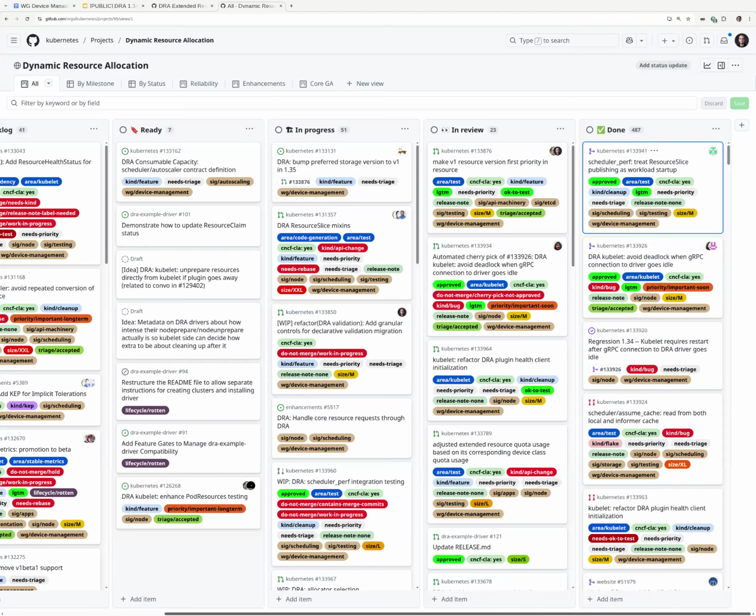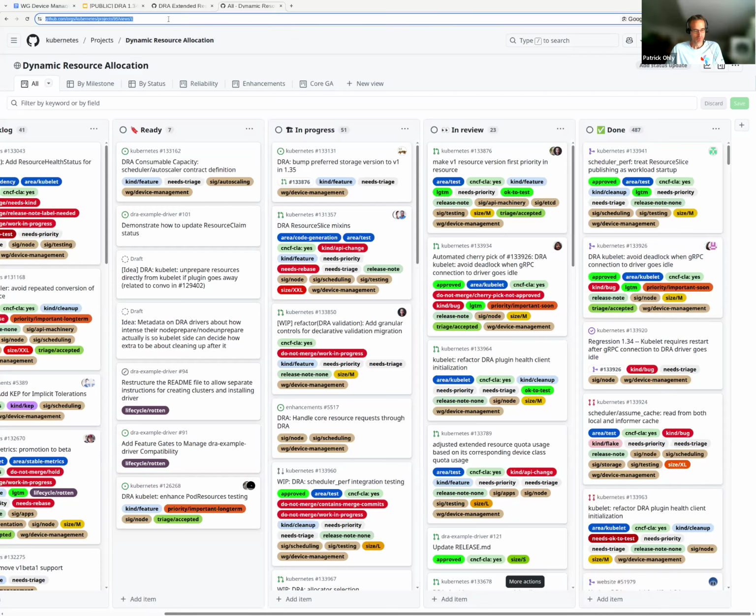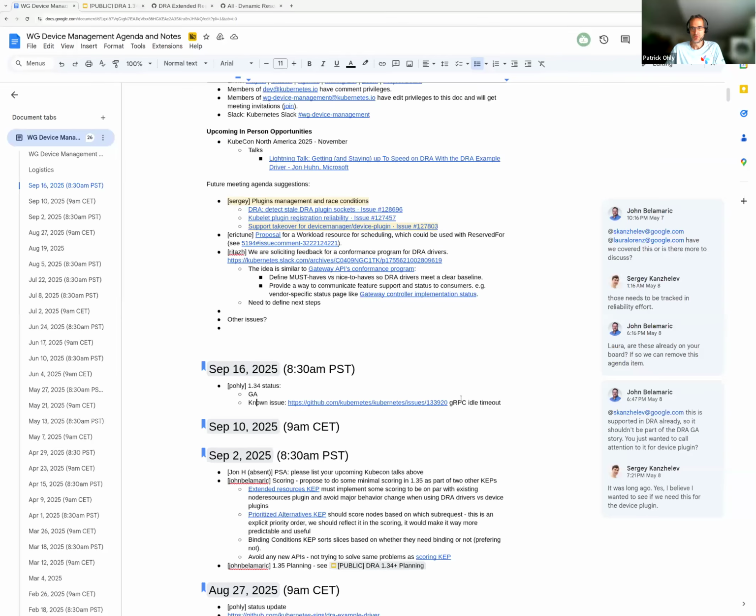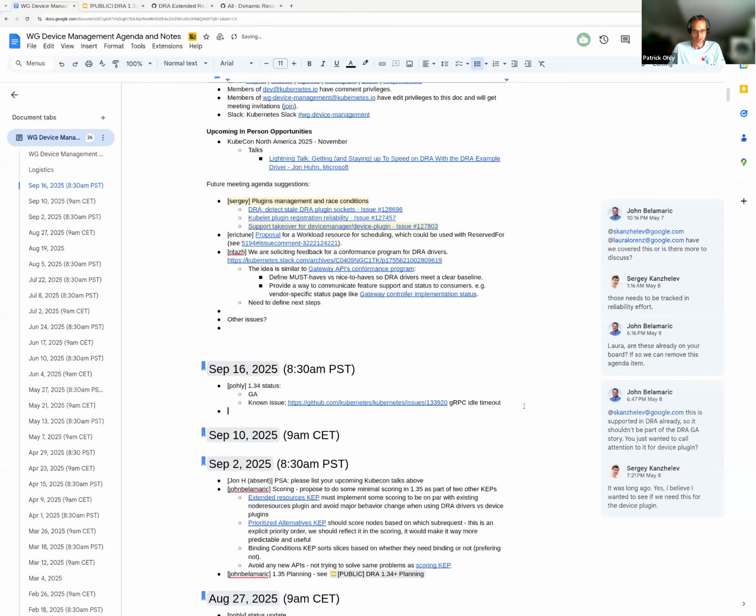Patrick, could you share the link of the dashboard? I'll put it into the notes. Thanks. I think we also have it in our Slack chat, as a link for the channel. But it's worth calling out from time to time, because people tend to forget that we do have this.